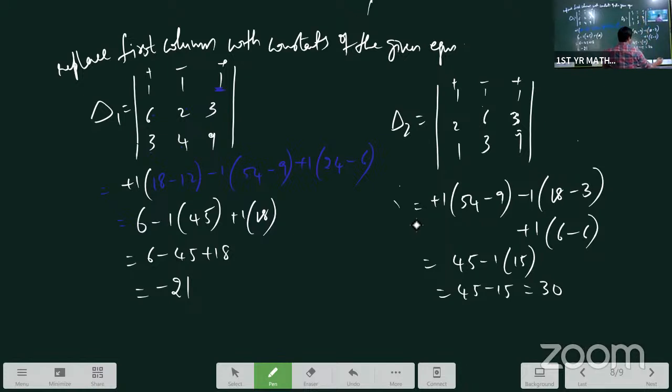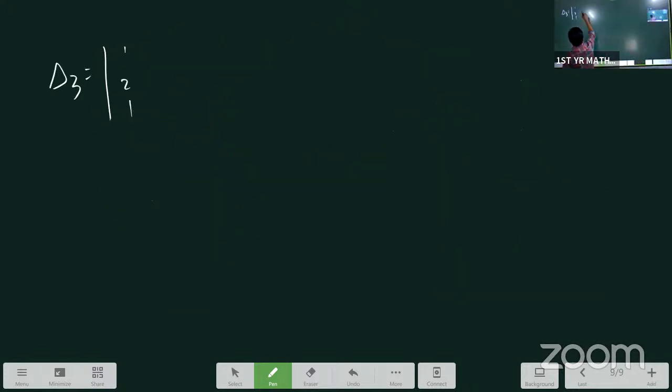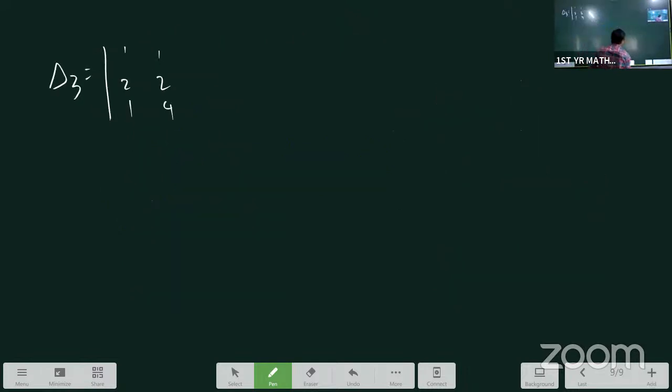Is it clear? Once again, I'm going to write the determinant first. So delta 3. So your delta 3 is nothing but 1 2 1. Next 1 6 1, 2 4 as it is. What is your third column now? Third column. Actually 139, that should be replaced with 163. Is it clear? So that is nothing but again plus 1 into 3 2s are 6 minus 4 6